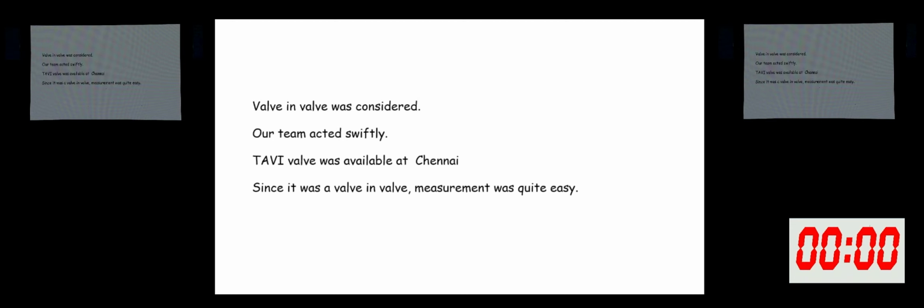It was around 7 o'clock. So CT showed VTC distance was adequate. It's around 6 millimeter on the right side, and the left side is also more than 7 millimeter. So not an issue. The CT we did here. No aortic dissection. Coronary also was okay. So around 11 o'clock we did this case.